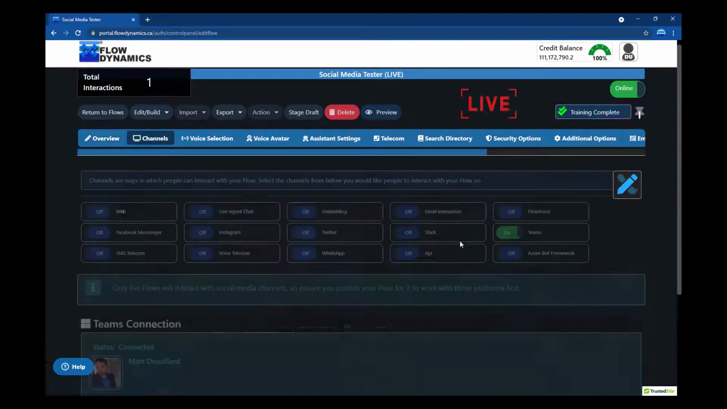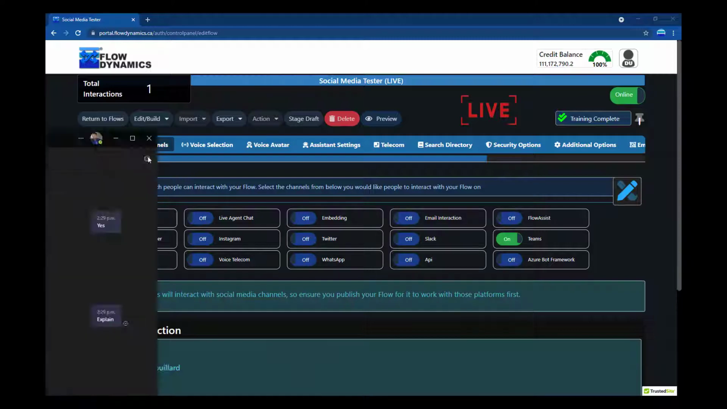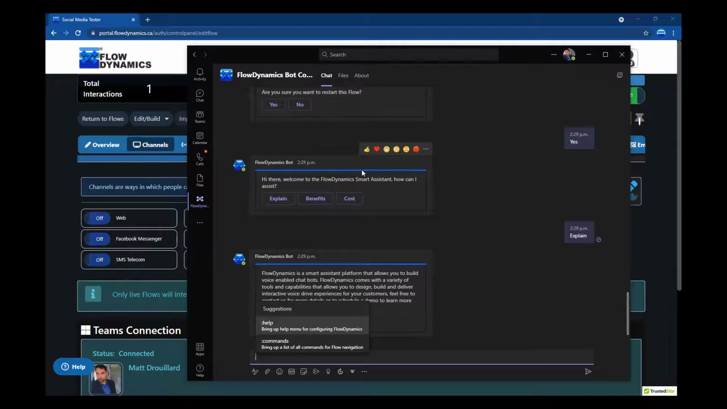So we go back to your channels, you can just verify that it's on, and it is. Okay, now it should be linked. So when you or anyone on your team communicates with the FlowDynamics chatbot communicator, it will link directly to this flow. So for example, if I go over here to Microsoft Teams,